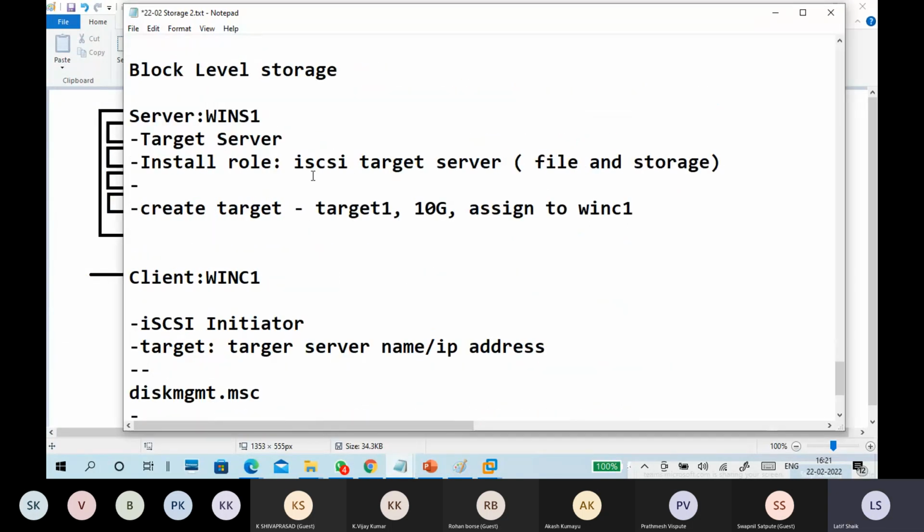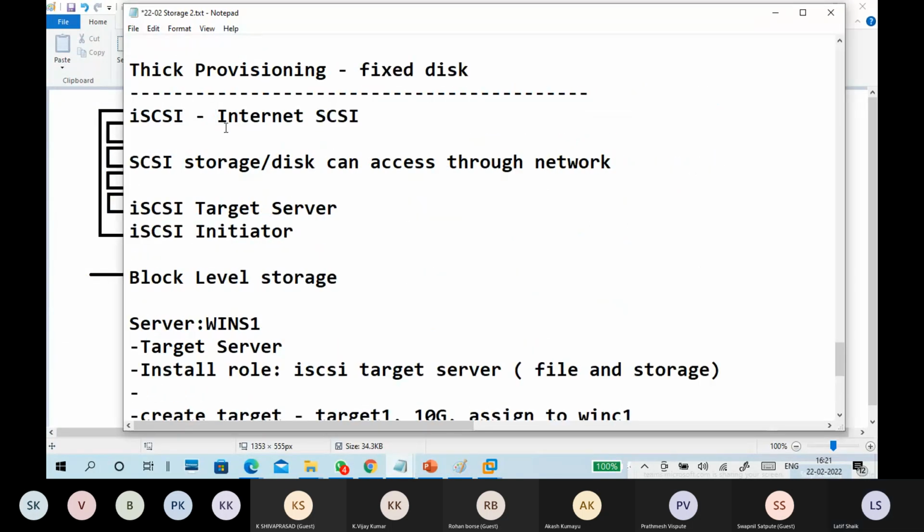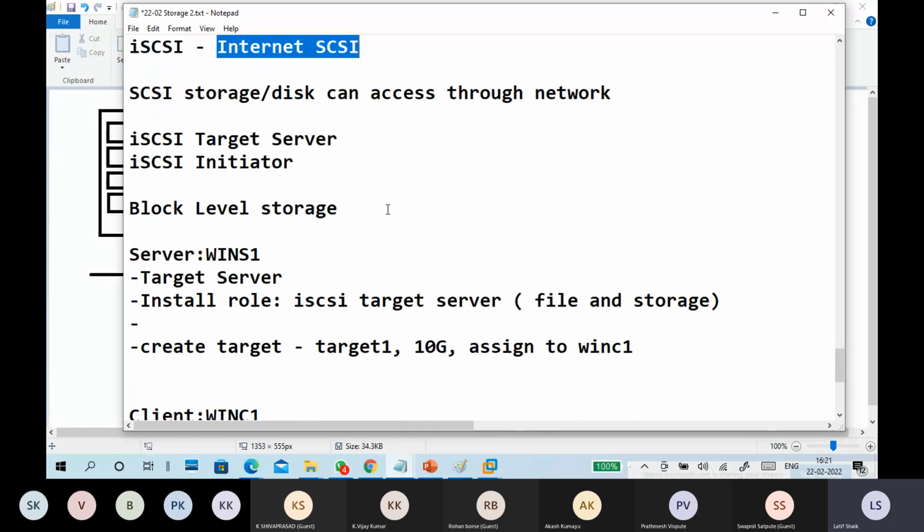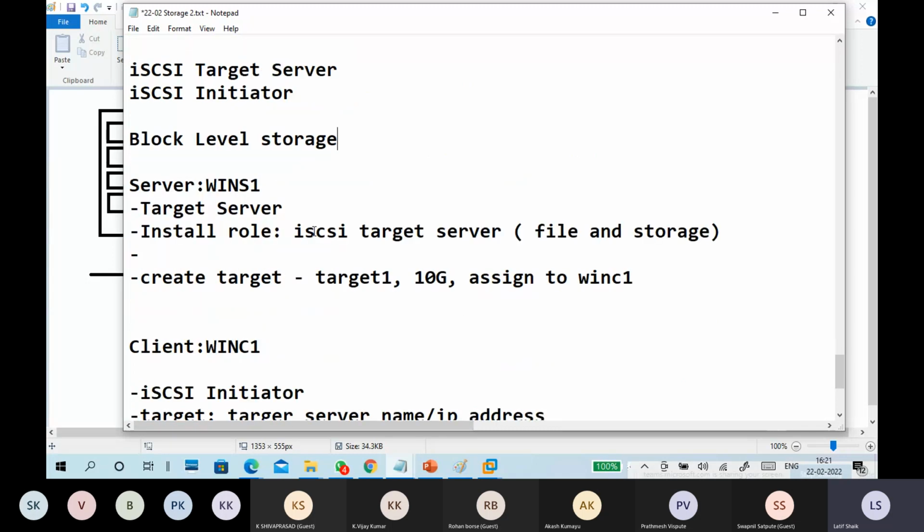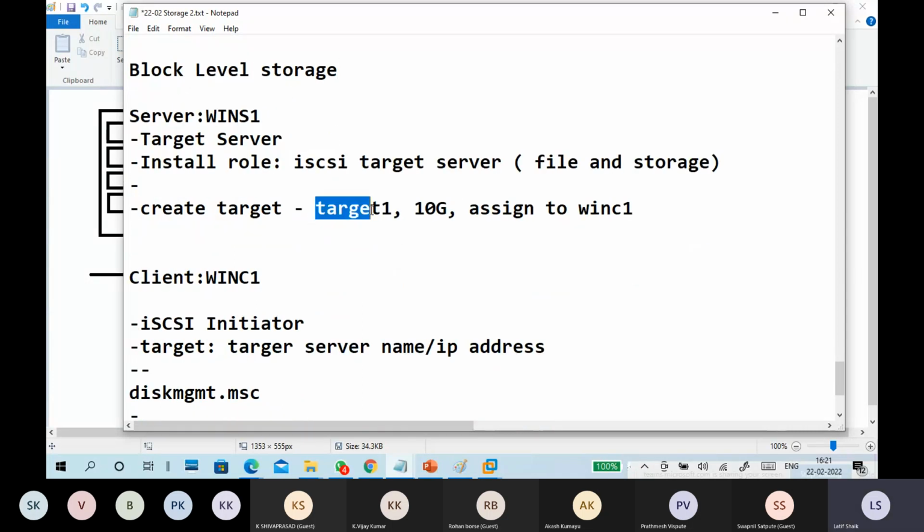Okay, so we can use iSCSI for SAN configuration. iSCSI is also block level storage. You can create LUNs or targets, and we can assign them to the clients.